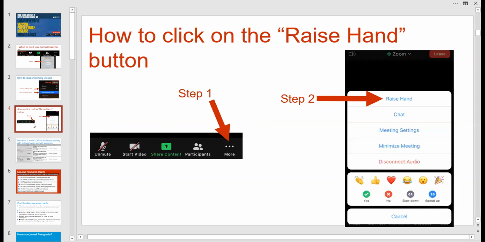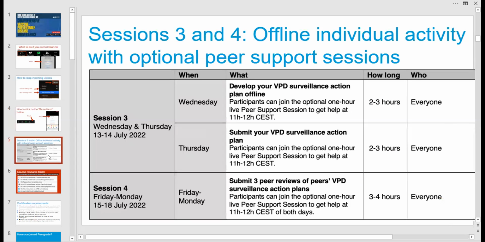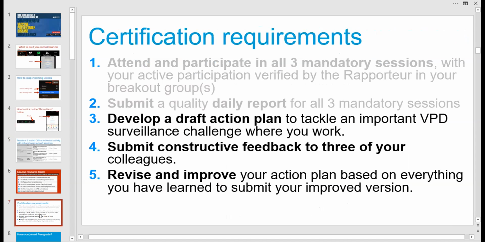I'll be inviting you to raise your hand if you want to present your action plan today. But before turning towards you, today we are really going to be focusing on you sharing the work that you have already done as far as your IA 2030 action plan is concerned. This is one of the most important deliverables of the course, because three of the certification requirements depend on it. You have to develop an action plan in order to carry out peer review, and in order also to revise and improve upon it, to submit a final version and expect certification for the course.